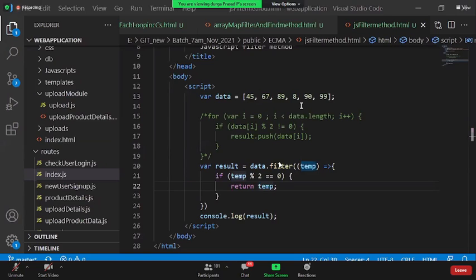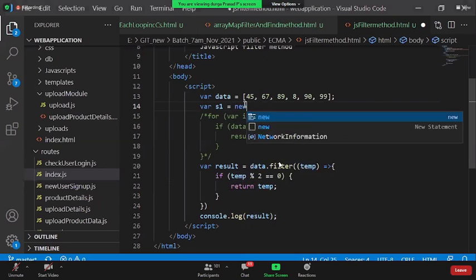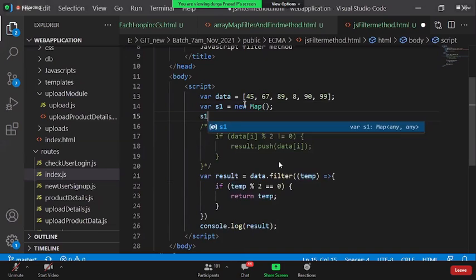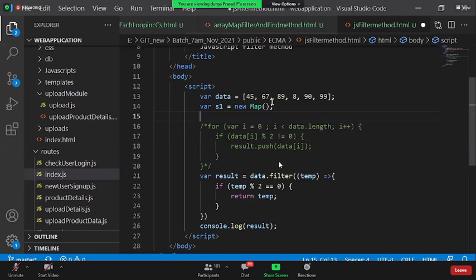Yes, sir, like filter. Actually, on the map, now if I say something called S1 is equal to new Map of, now if I say S1 dot something called filter.